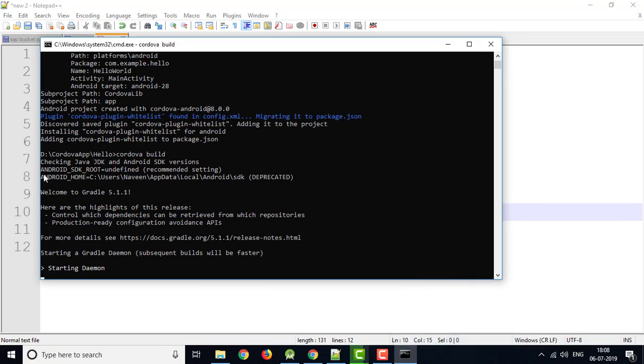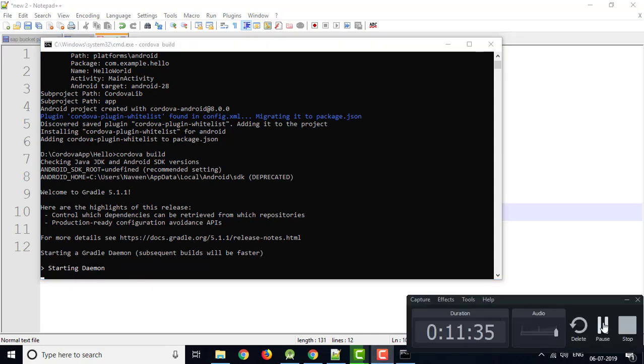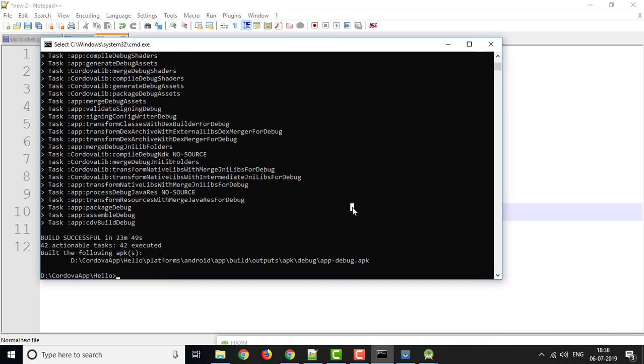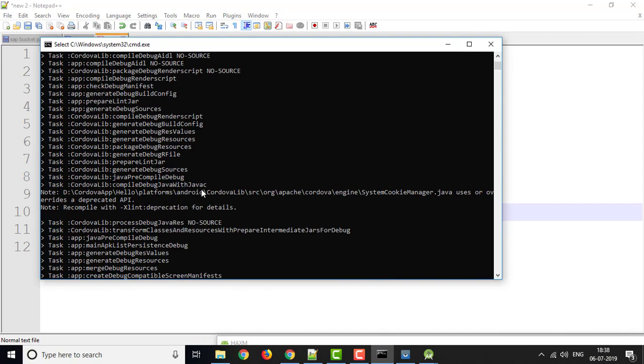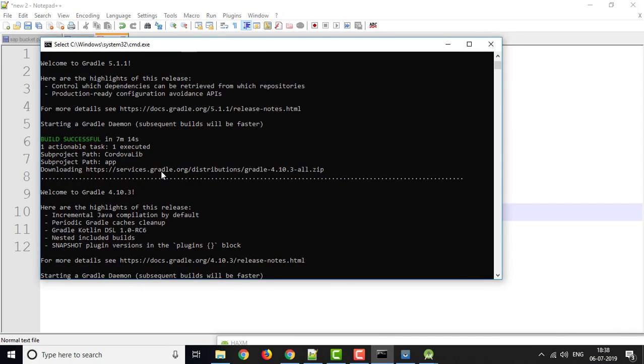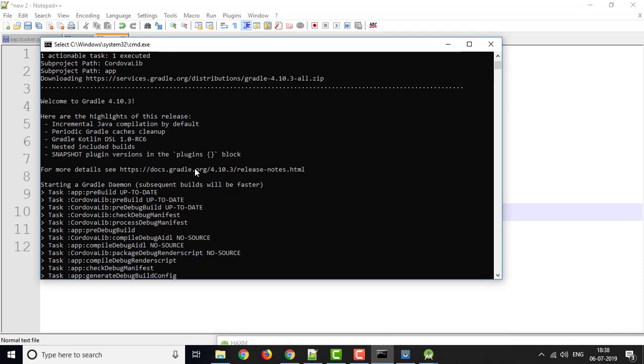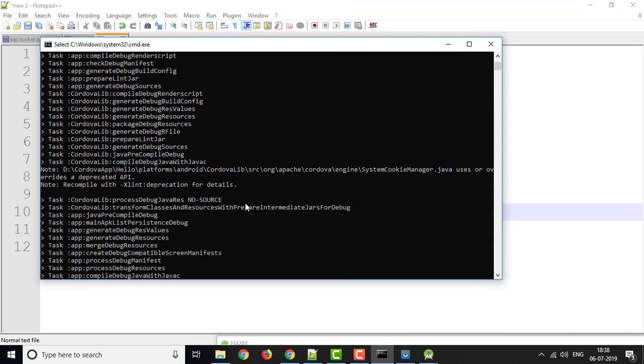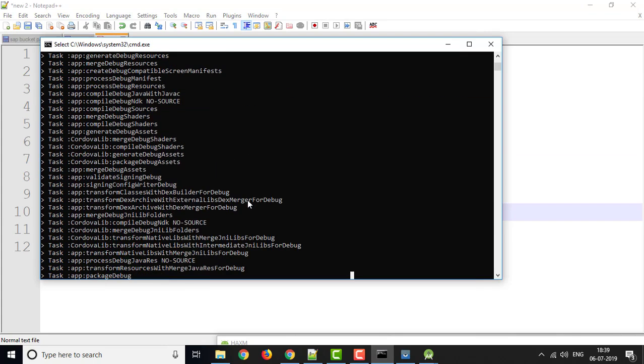So now you can see here, after checking the paths, it's checking Gradle, then it is giving some information like whatever Gradle version it is using. You can check what are the advantages, what are the features and all, then starting daemons and all. So guys, my build has been done. It takes so much time because it downloads some files, then checks components. It's happening the first time, so it requires so many files to be checked, installed and downloaded.